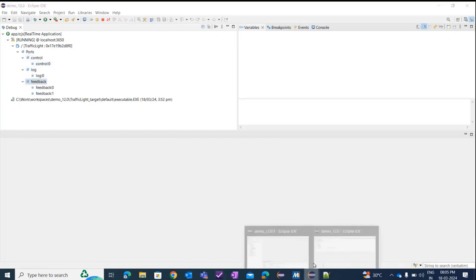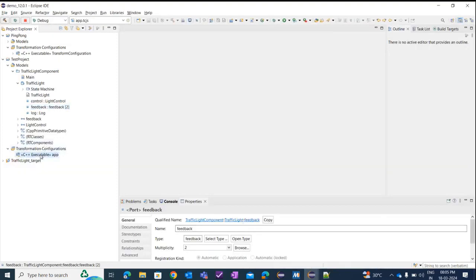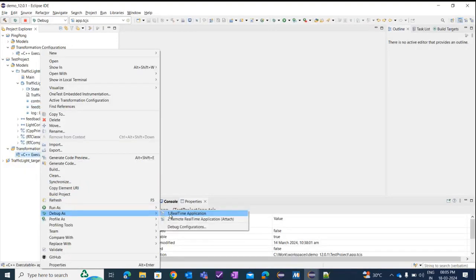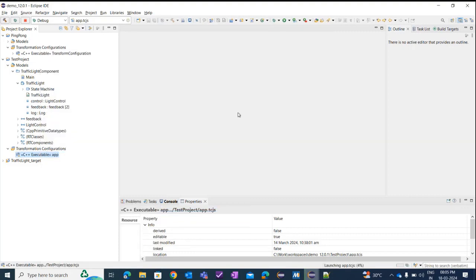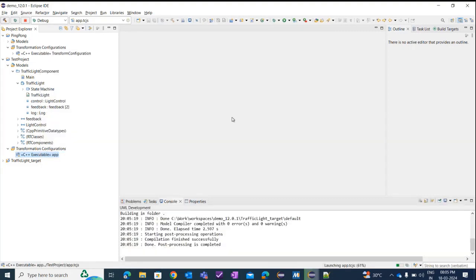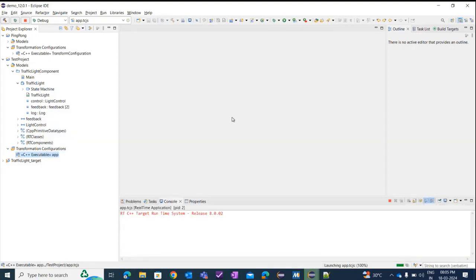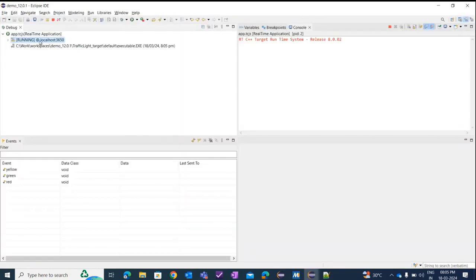But in our latest product, if I try to debug this application, yeah. So when I debug, you observe that the ports which have single multiplicity would now be shown as instance